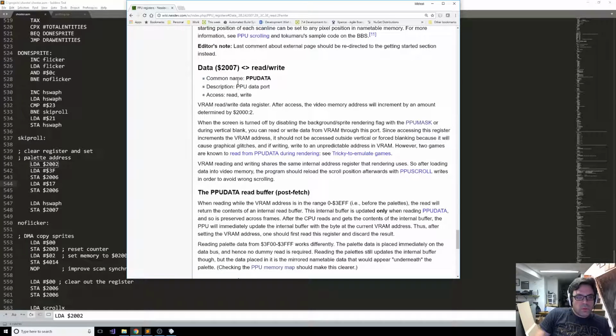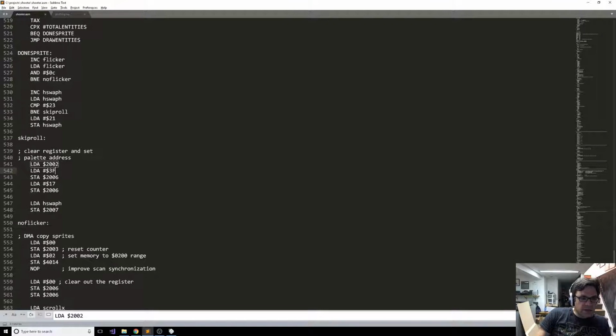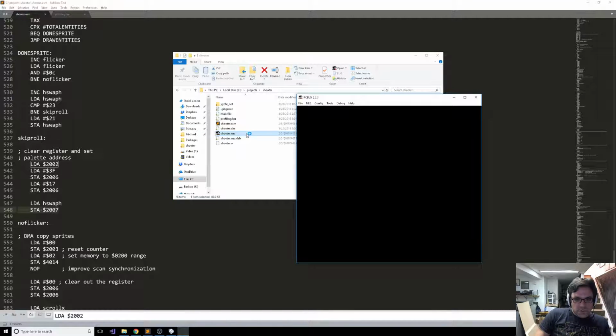And then after that write occurs, it increments the memory address that you had written, in this case the 3F17, by an amount that you've configured. In this case, we don't care what that increment is because we're just writing one palette value, because we're literally just taking the value of H swap H and writing it into this 2007 register to update this particular